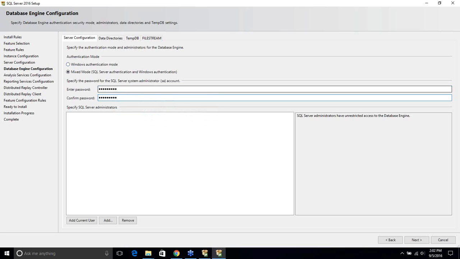Confirm the password here. Now, the most important step in this particular window is you need to click this Add Current User. Wait for a second. It is going to add your Windows account as a valid login for this particular machine. This is my machine name, and this is going to be my login name. So that's what it is. And if you don't click on that Add Current User once, after the installation is done,